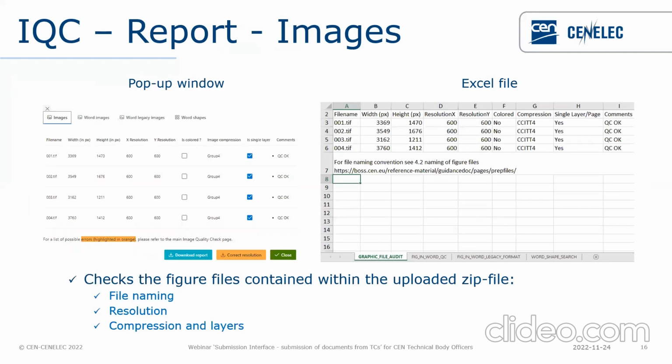Once you've dropped your file, it will run the checks, and a pop-up window displayed on the left will appear on your screen. Or also you can download the report, which will be an Excel file, and the screenshots on the right side are displaying this. So the first tab that you see is image. Images will check the figure file,